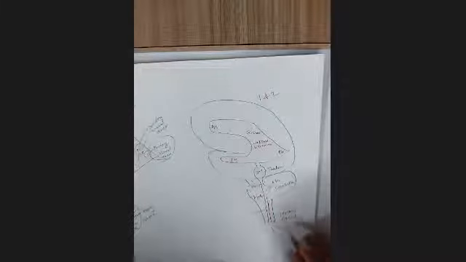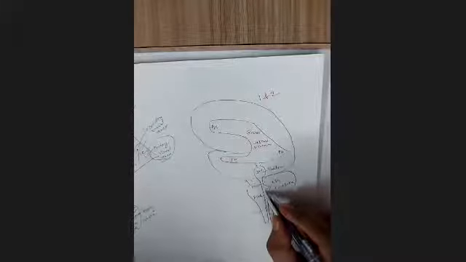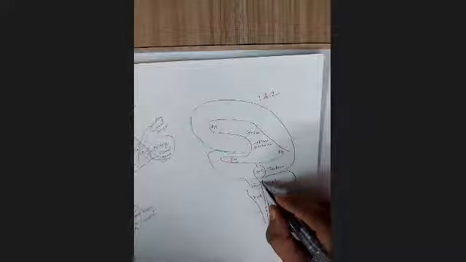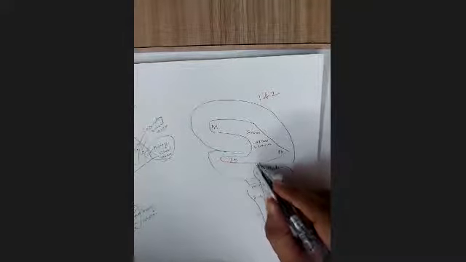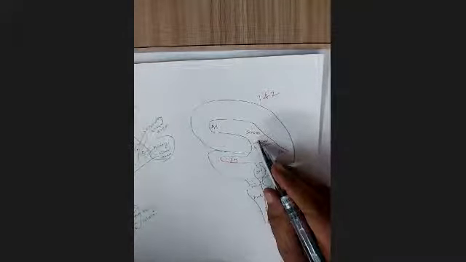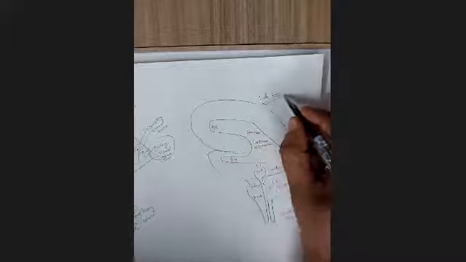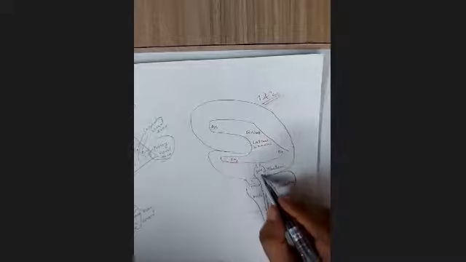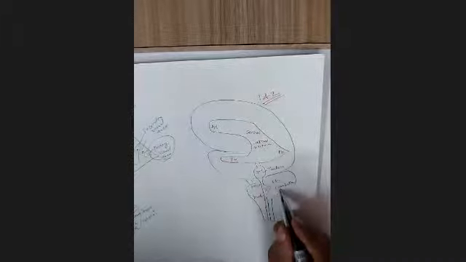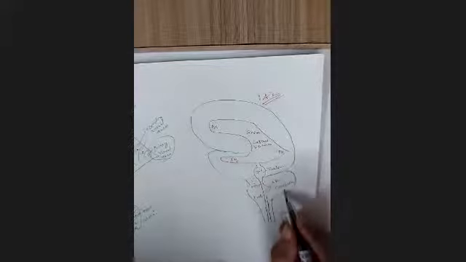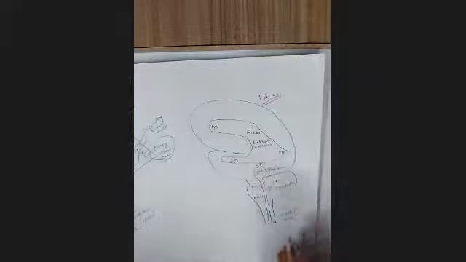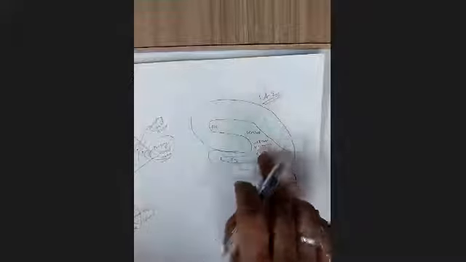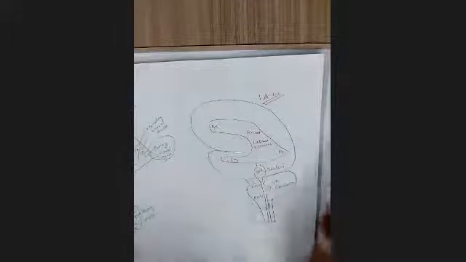So the central canal, if you trace up, goes to the fourth ventricle, then the aqueduct of Sylvius, then the third ventricle, the foramen of Monro, and leading to the two lateral ventricles. So therefore, the two lateral ventricles are ventricle number 1 and 2. Then the third ventricle is between the two thalami, and the fourth ventricle is between the pons and medulla anteriorly and the cerebellum on the posterior side. Now let us concentrate on the lateral ventricles.